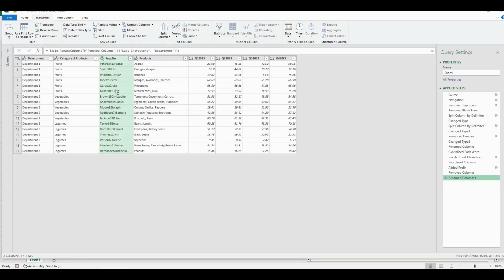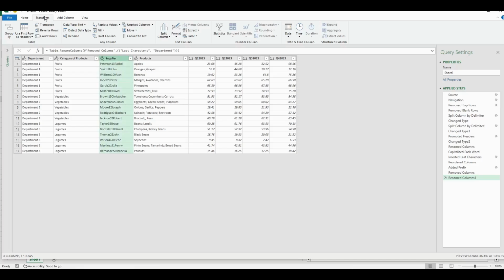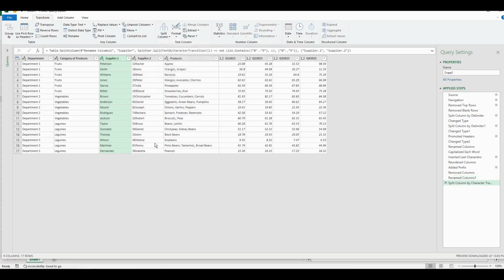And the fourth and the fifth option of splitting columns will be applied in the column of supplier, where, as you can see, each row includes first the last name of the supplier, after this a number, that is the supplier code, and as a third part the first name of the supplier. So the fourth option of splitting columns is by non-digit to digit. So we select transform, split columns by non-digit to digit.